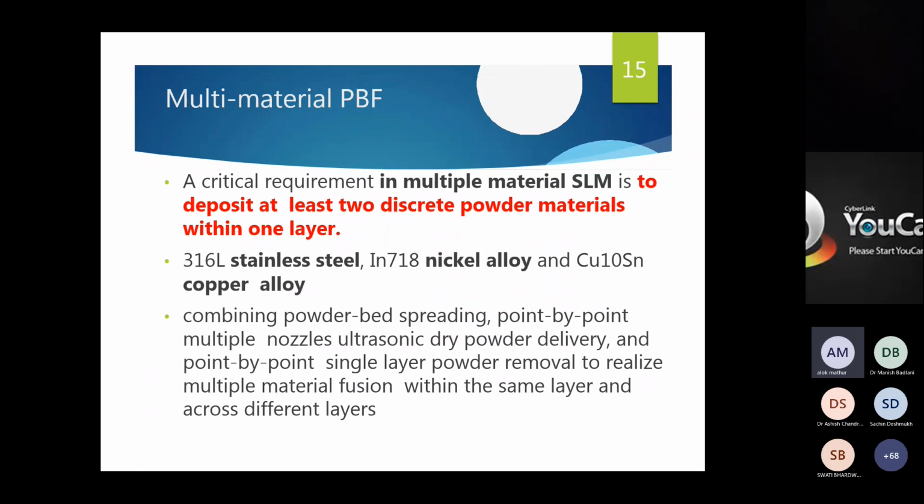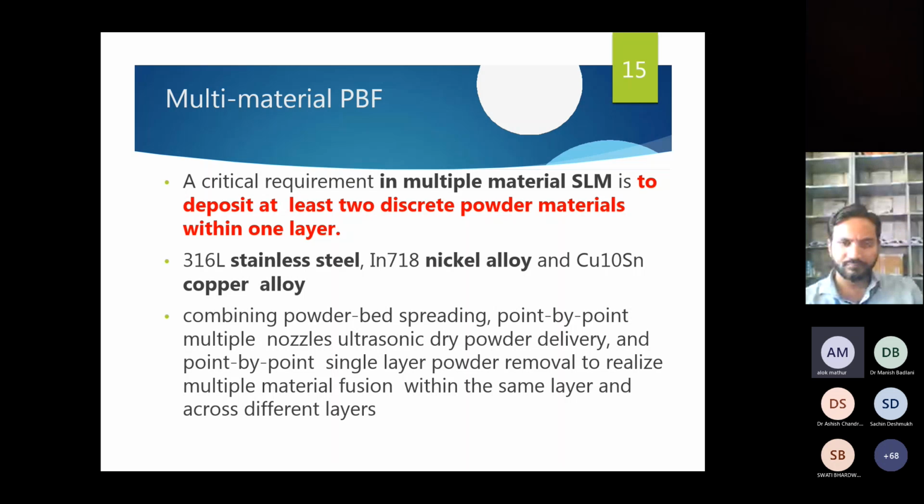Now we can come to other advancements in this method, and that is multi-material PBF. A critical requirement in multiple material selective laser melting is to deposit at least two discrete powder materials within one layer. See, this is like a composite shape, using multiple materials.